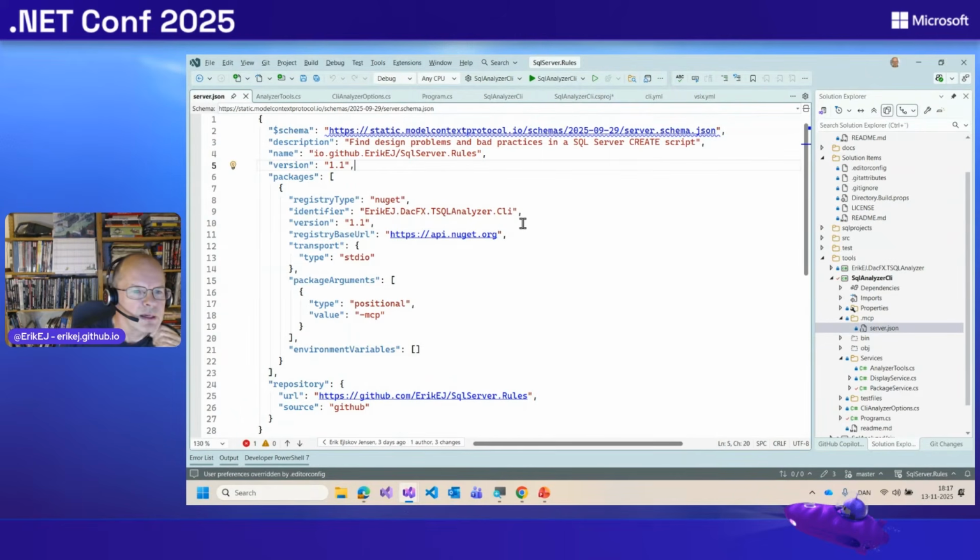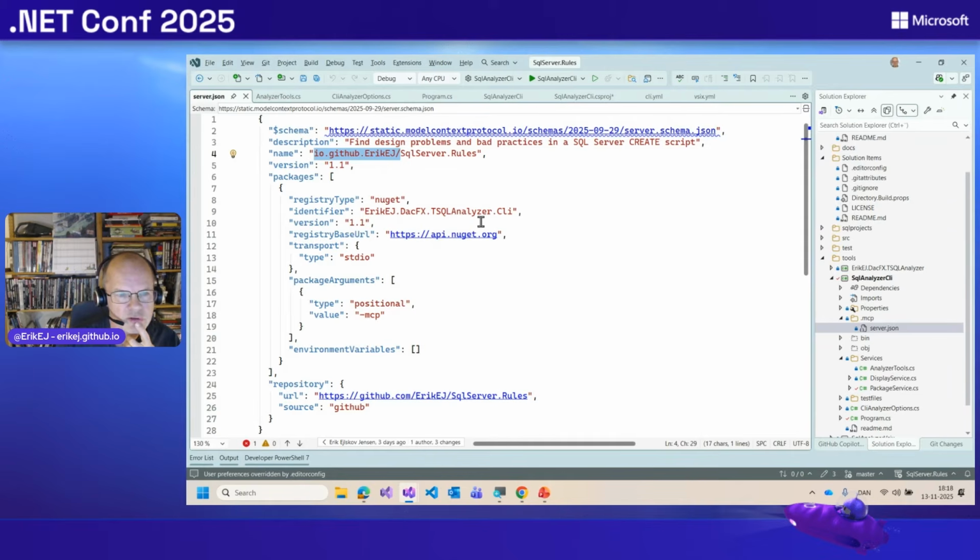You need to specify a number of things, basically like publishing a NuGet package. The command arguments have to use this funny syntax, and the name has to be this inverted domain name and some things like that.